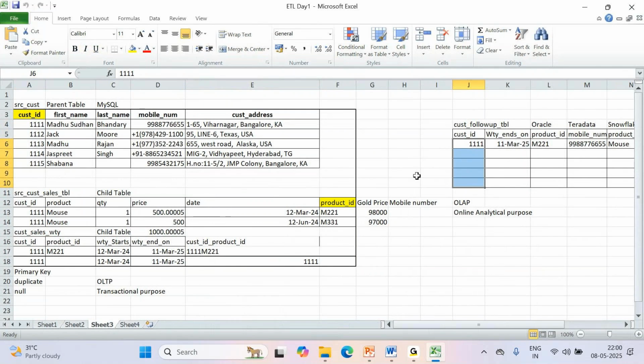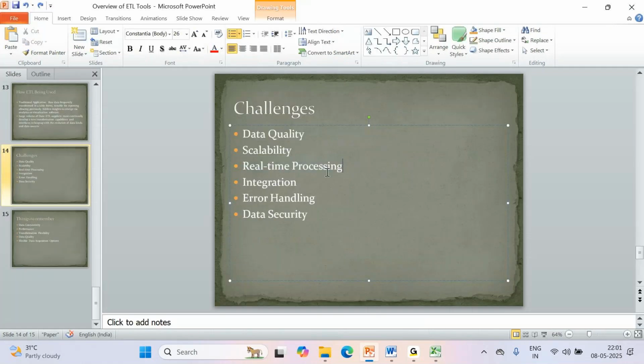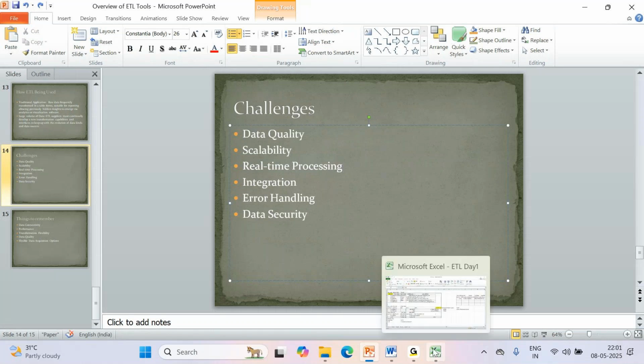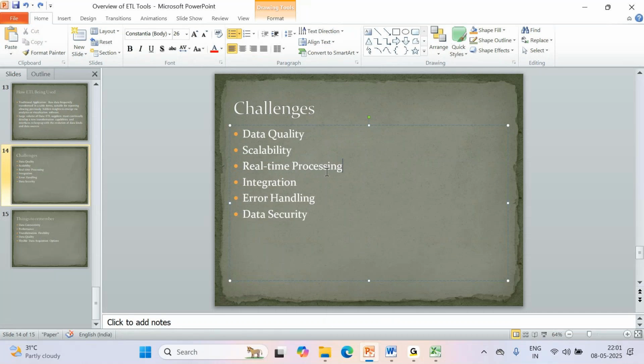That is real time processing, meaning whenever they are pulling or creating any report, it should not miss any single entity. Integration: they are saying that one table is connected, but we have to sit and do the referential integrity check. Referential integrity check is nothing but checking a connection between a primary key and a foreign key